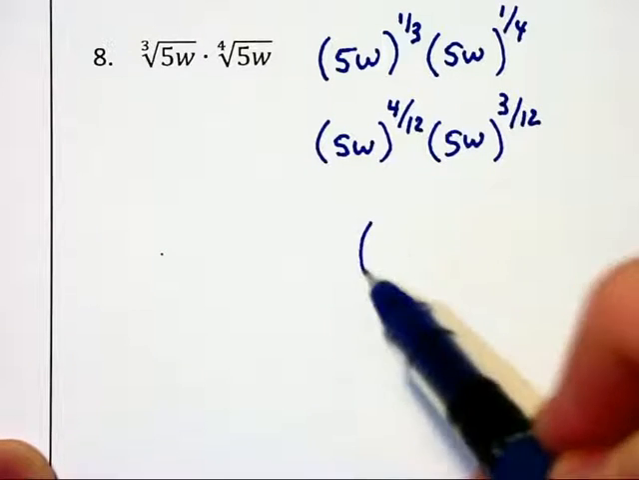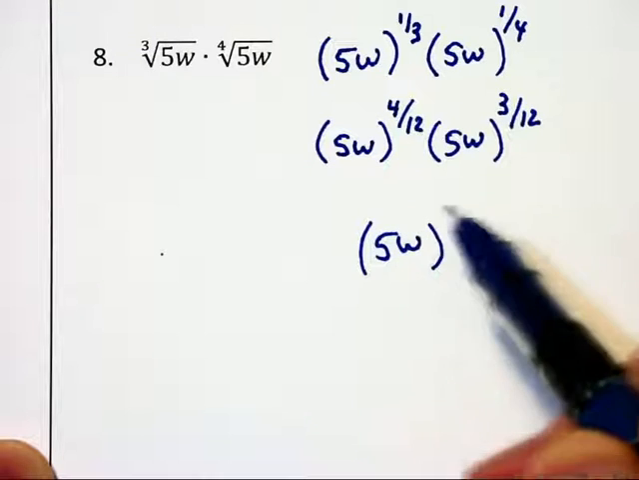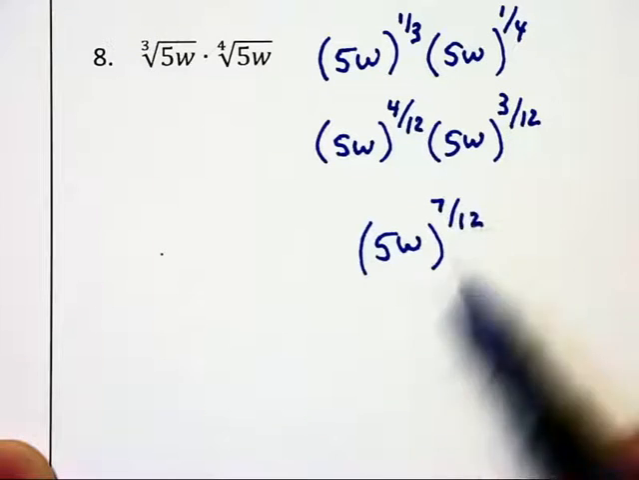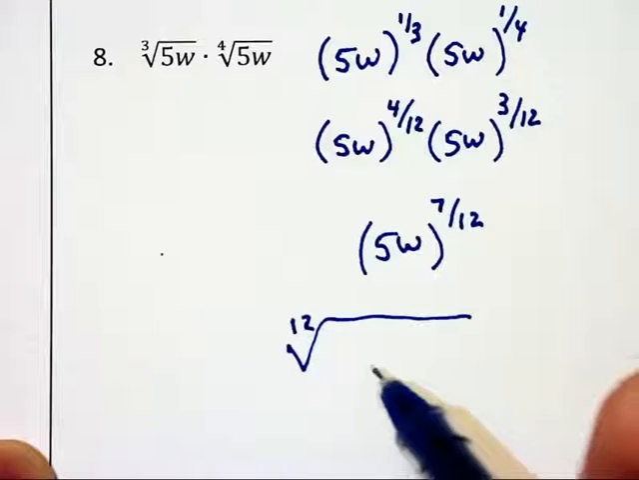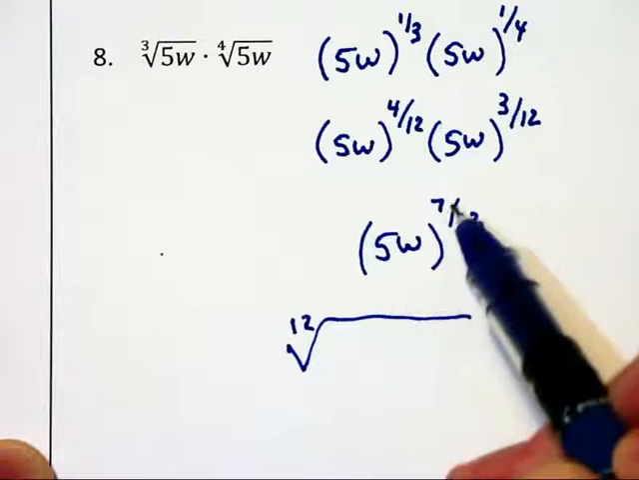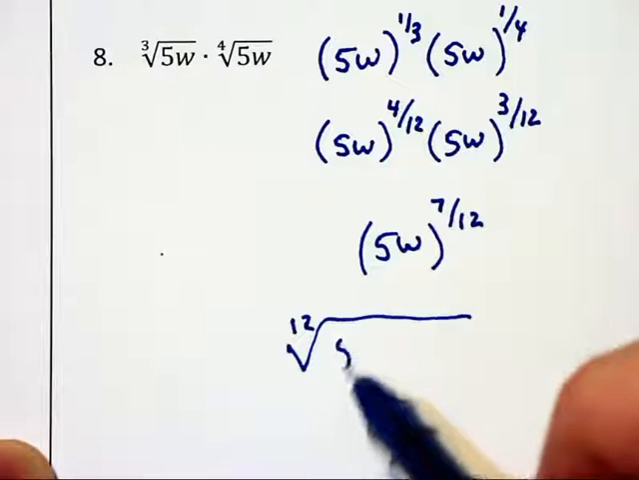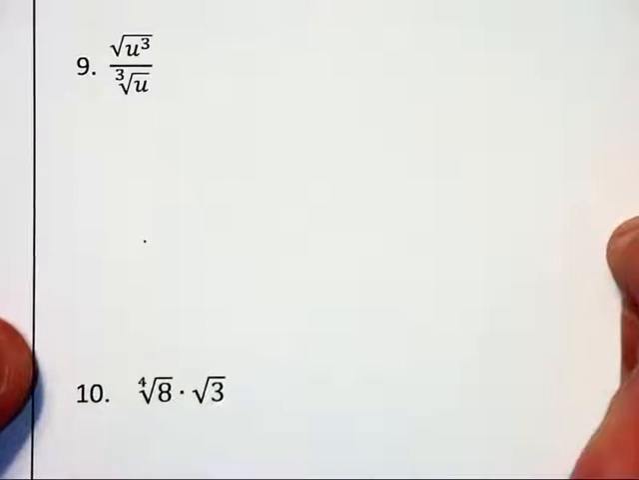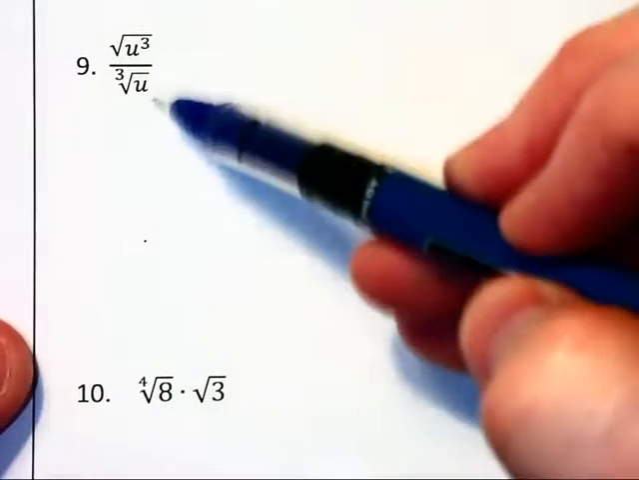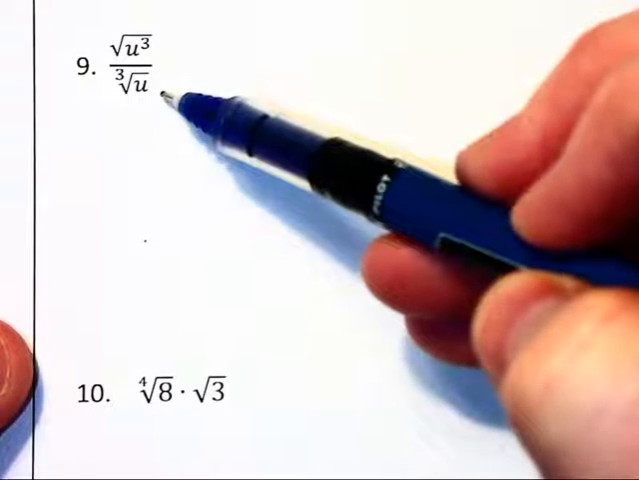Adding those exponents together, we have 5w to the 7/12, and we can rewrite that in radical form as the 12th root of 5w to the 7th, and I will write that as 5 to the 7th w to the 7th. When it comes to division, you're not allowed to divide a square root by a cube root, but again